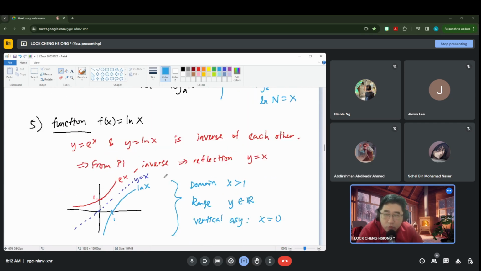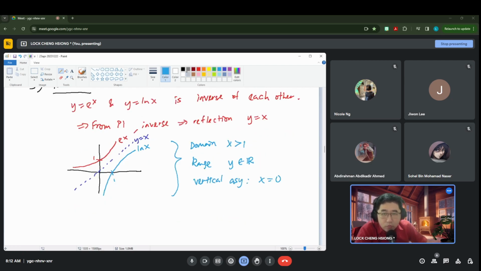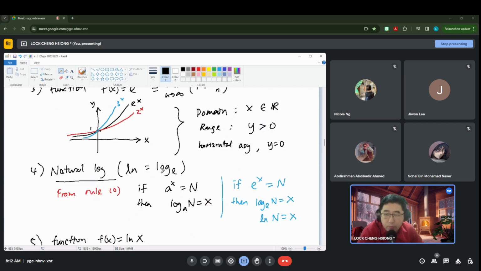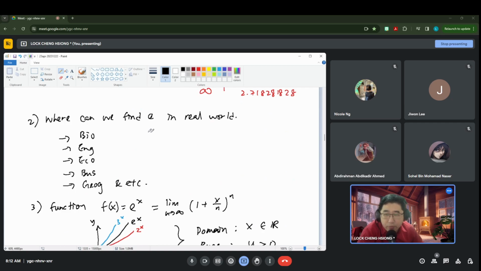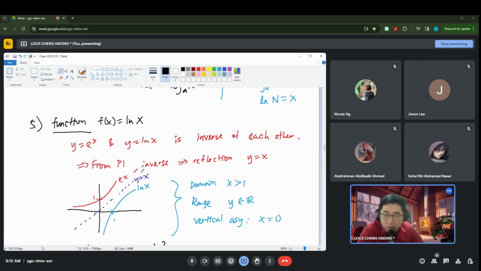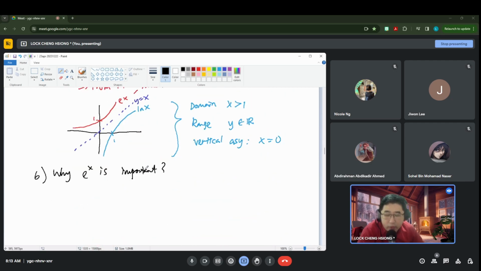Number 6, why is e important? From above, we say that e appears in the real world. No doubt, it appears in the real world, so of course it's important. But why is e so important for our calculation? Because